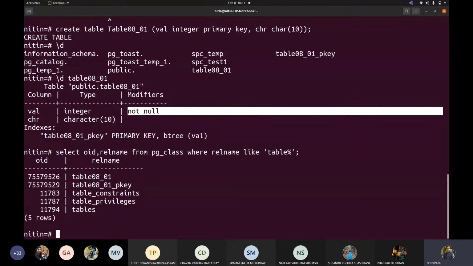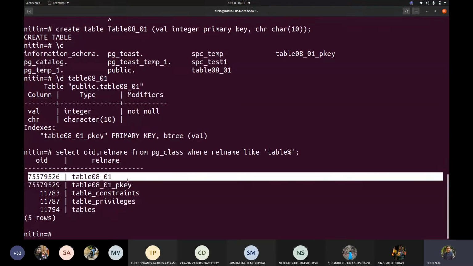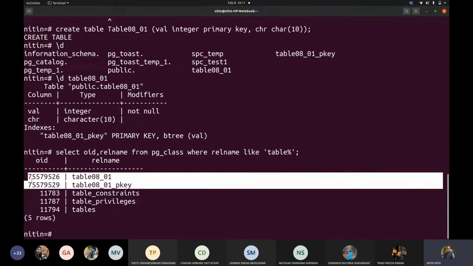Now see what kind of different things are there. You may see, these are the two which are added by us. So 75579526 would be the table, the relation that you are referring to, and the primary key that was added by you.